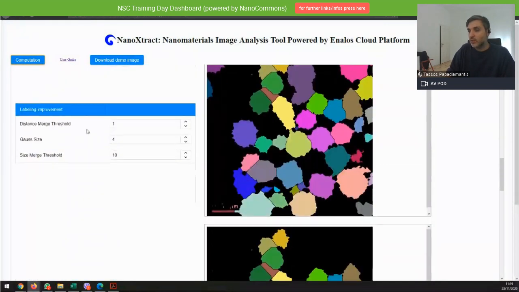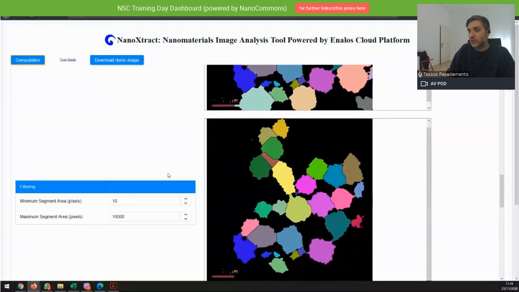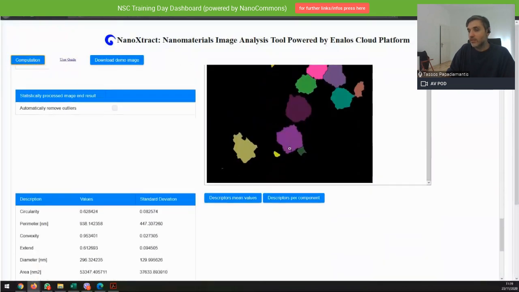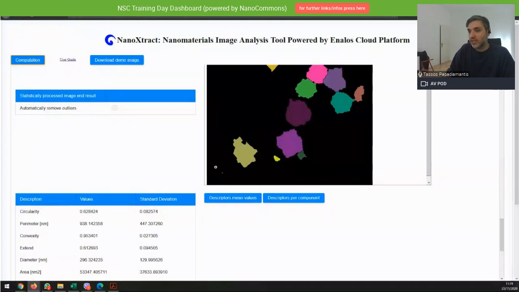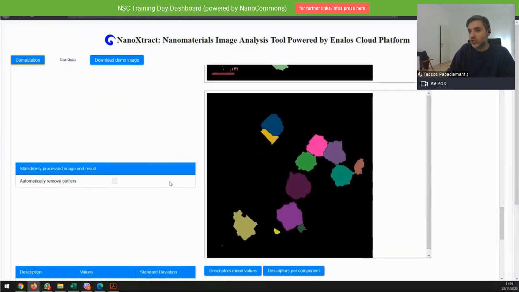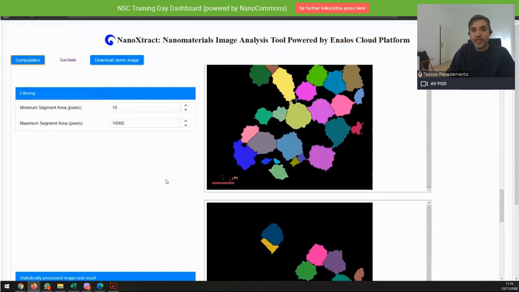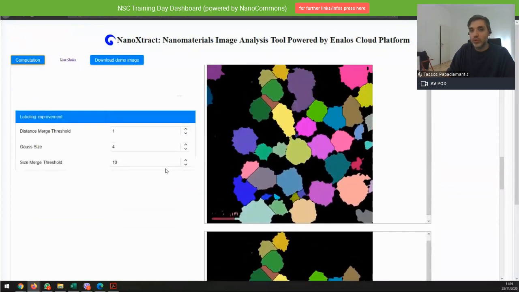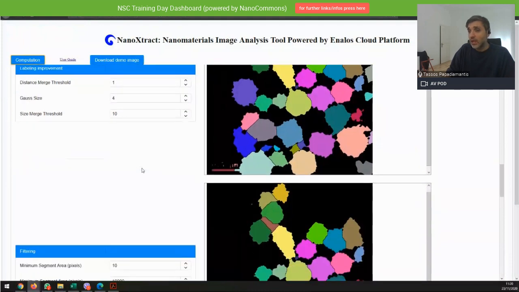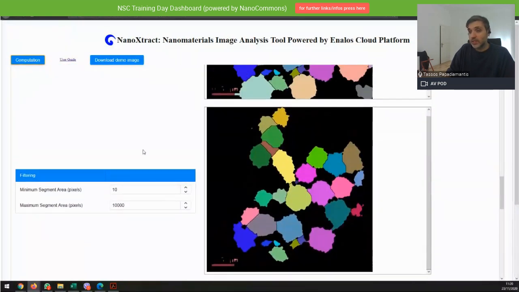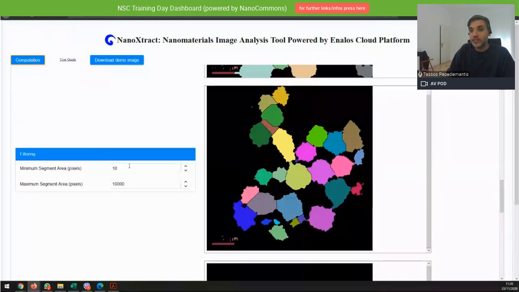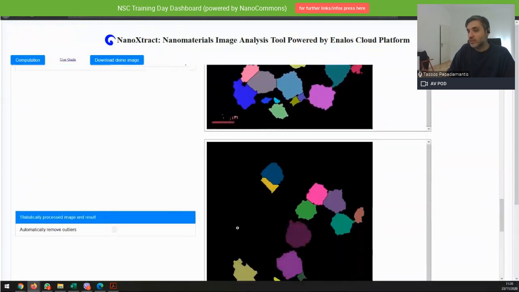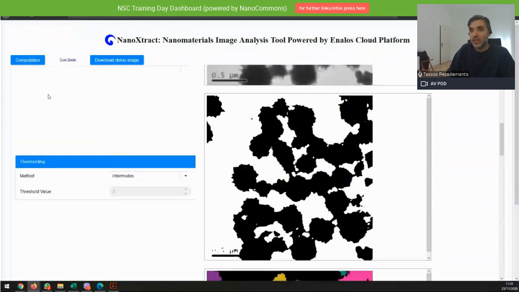And here, as you can see with the intermodes, we have some good splitting, and then we have now, as you can see again, some artifacts here, and so on. So again, by playing a bit, by doing some proper filtering, and so on. So this is less splitting, yes. So by filtering a bit on the nanomaterials, so as to remove, let's say, these parts here, and compute